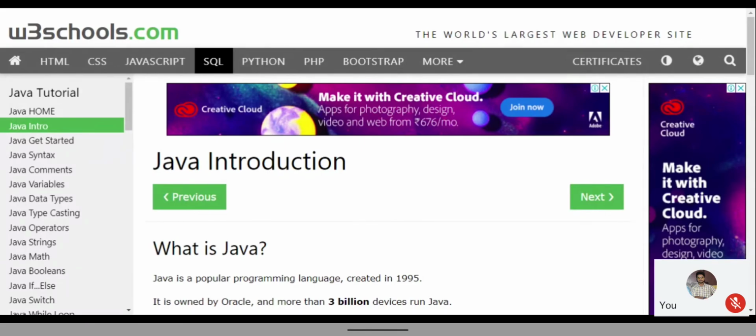Like see, Arduino. In Arduino, you can do whatever you have learned in Java. Whatever you have learned in Java, you can use it in Arduino or else in Python also. In most of the programming languages, whatever JavaScript is having, most of them will repeat.